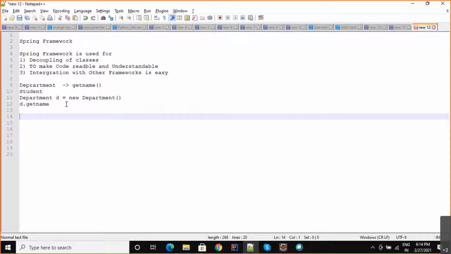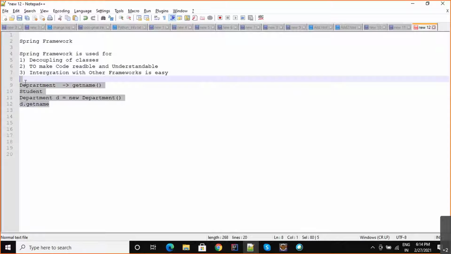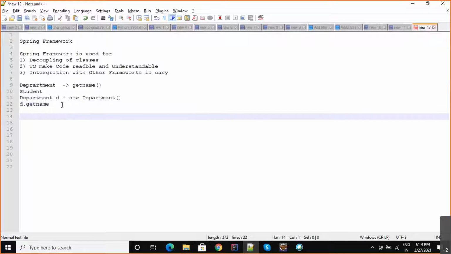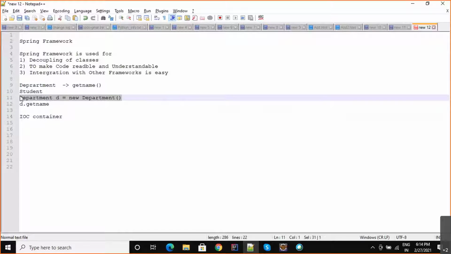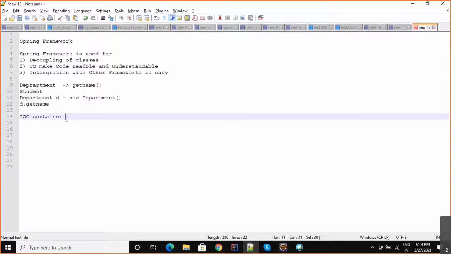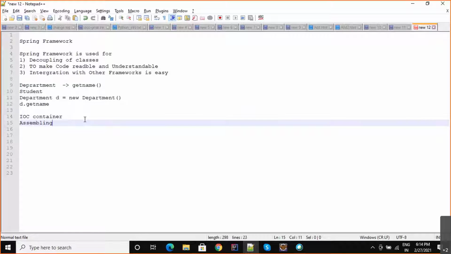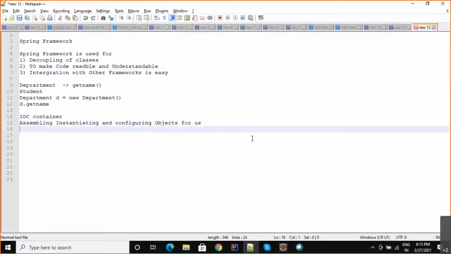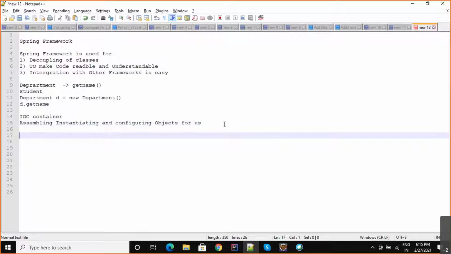Spring Framework. And I told you that in Spring there is a concept called IOC container. This is how we create objects in Java, and this thing is now being managed by the IOC container. So the IOC container is used for assembling, instantiating, and configuring objects for us. And we have got two types of IOC container,